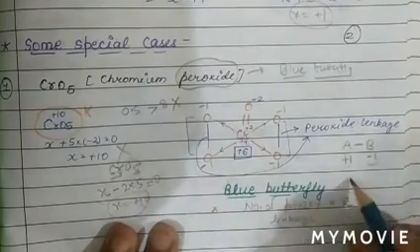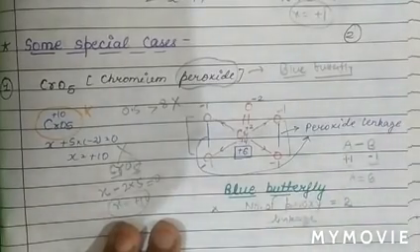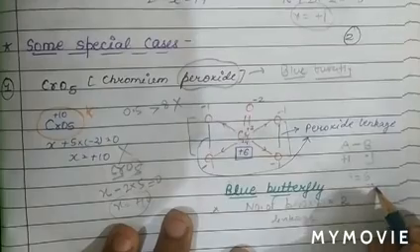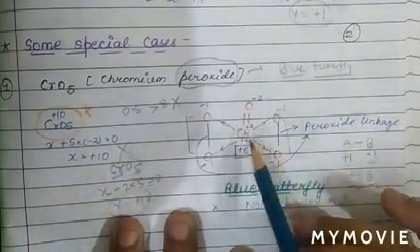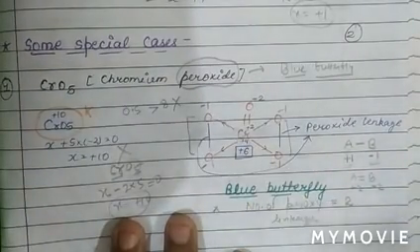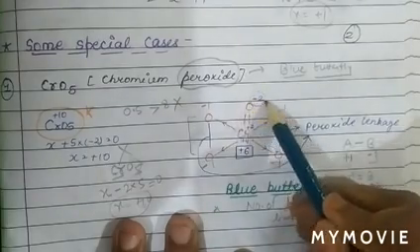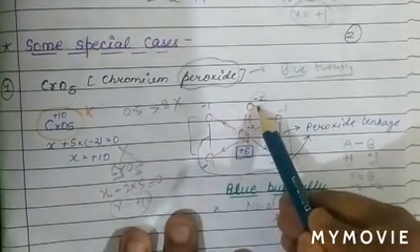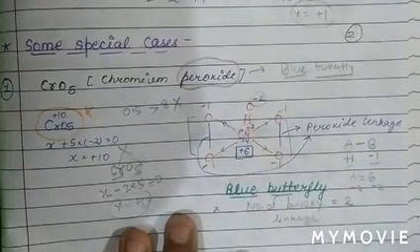Now see this bond, when there is a double bond between A and B, when B is more electronegative, then the charge on B is -2 and the charge on A is +2. See, in this case, chromium and oxygen carry a double bond. So basically in this case, the electronegativity of oxygen is more and a double bond is present. So -2 charge will be on the oxygen atom and +2 charge will be on the chromium atom.